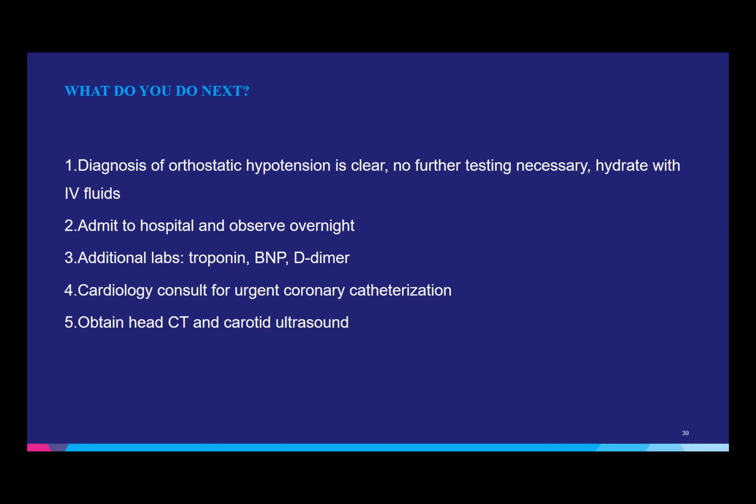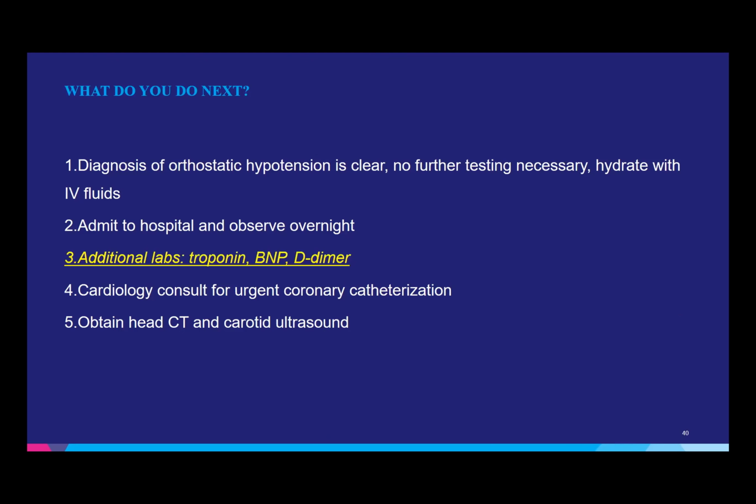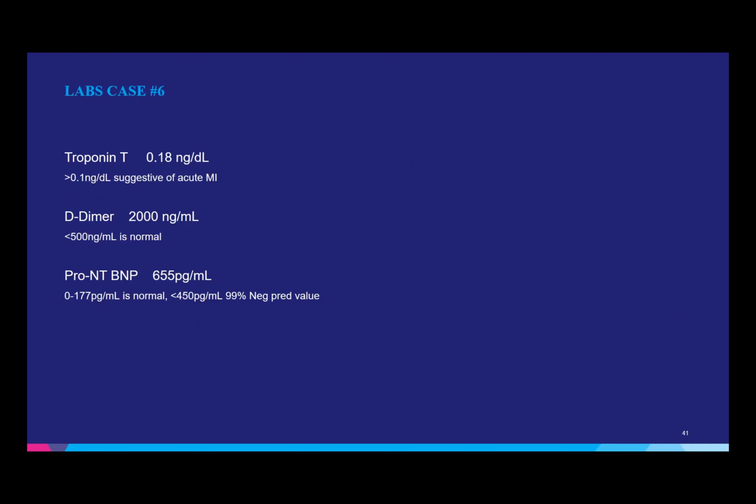Nadeem, if you want to just unmute yourself and pitch in. Wait, did we say there was a BRE or was there no BRE on exam? No BRE. There's no BRE. I don't know, like the patient is tachycardic, had a recent road trip. I was thinking something like PE to rule out. So I don't know if we would do option 3 too. Brilliant. So you do that and you get a troponin of 0.18, you get a D-dimer 2000, and you get a BNP of 655.